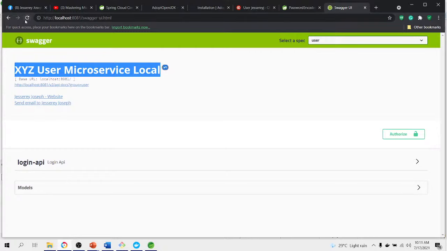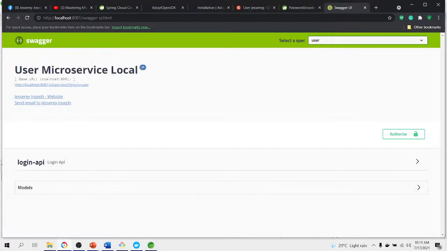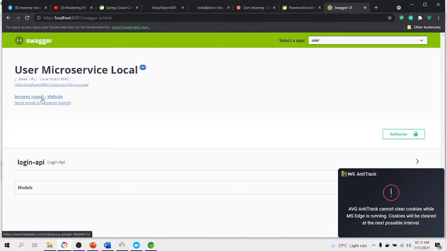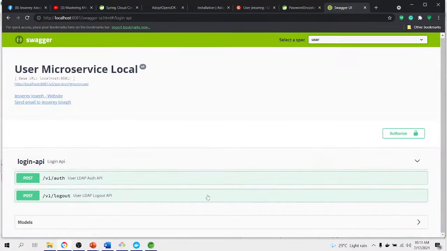So it is user microservice local. Okay, we have the version name. We have the base URL, that's a Swagger user microservice. You have Jessery website. You can put here, link in your profile, and then send an email. For example, here login API or C. So when you present it